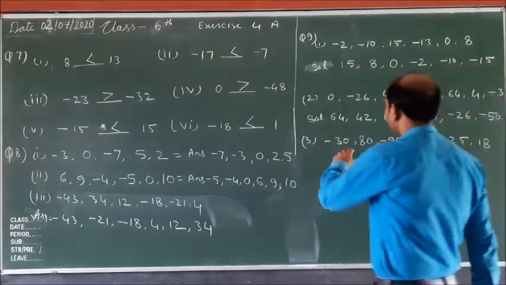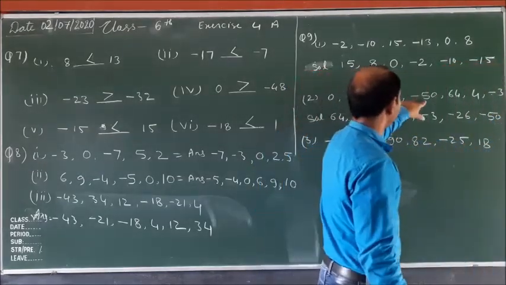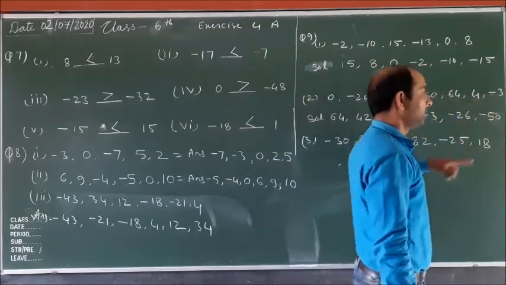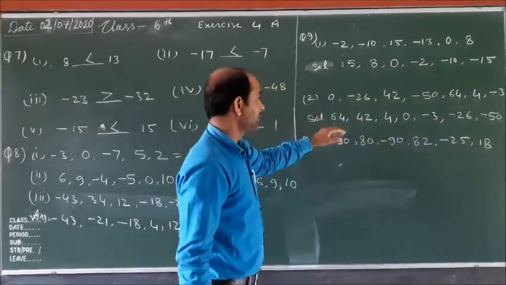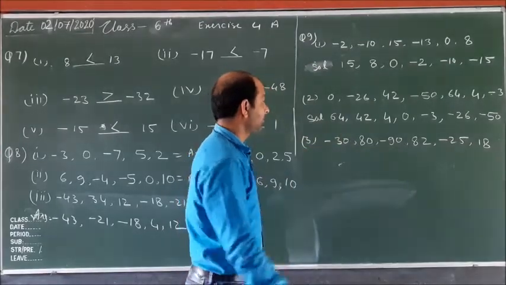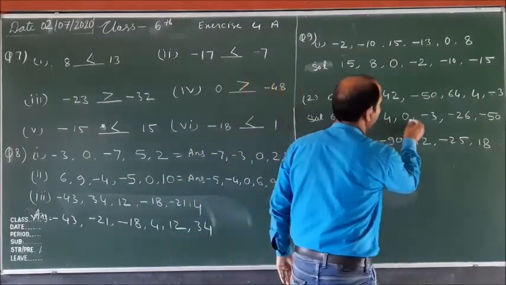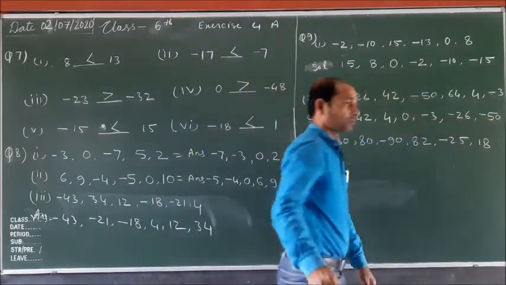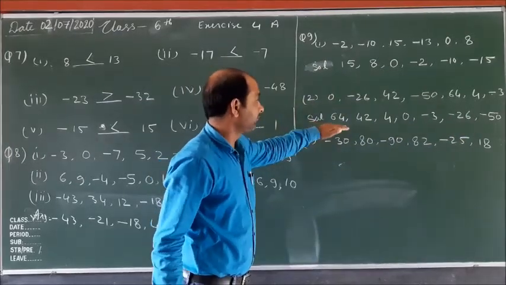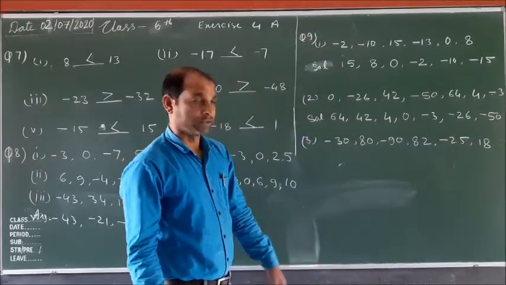You count how many numbers. 1, 2, 3, 4, 5, 6, 7. Now check your numbers. Can we write here 7 numbers? 1, 2, 3, 4, 5, 6, 7. So no numbers are left out here. We will not leave any numbers.